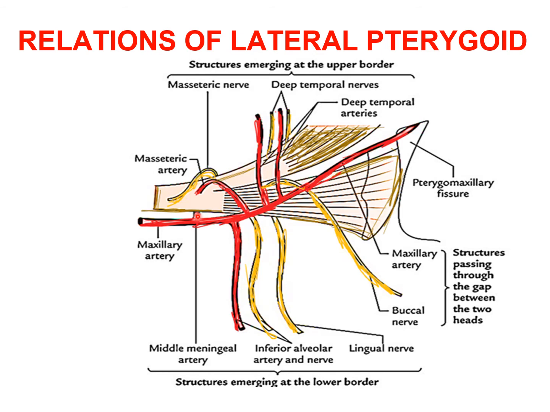Also, the pterygoid venous plexus is situated around the lateral pterygoid muscle. The tributaries of pterygoid plexus of veins are similar to the branches of maxillary artery. The pterygoid venous plexus acts as a peripheral heart, aiding venous return by the pumping action of lateral pterygoid. So these are the structures which are in relation to the lateral pterygoid muscle.